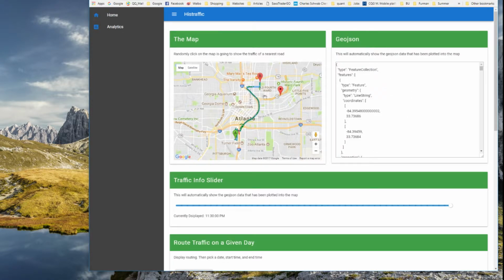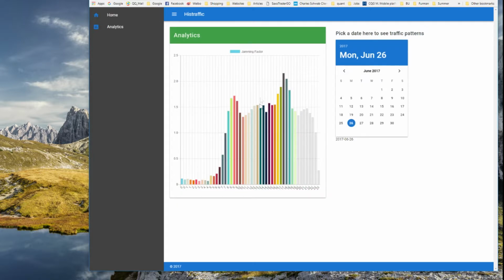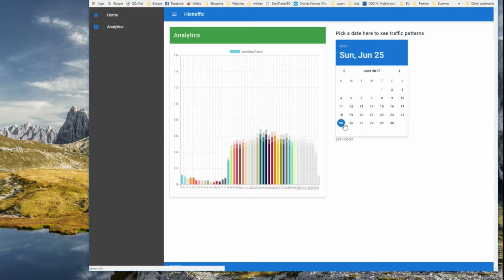So basically, when you see those yellows and greens, those colors indicate a jamming factor, which means how bad the traffic is, and this is basically the average jamming factor of the roads at the given time. So this is from 0 o'clock up until 24 o'clock. The color doesn't really mean anything, so yeah, and then you can see some day when we have data